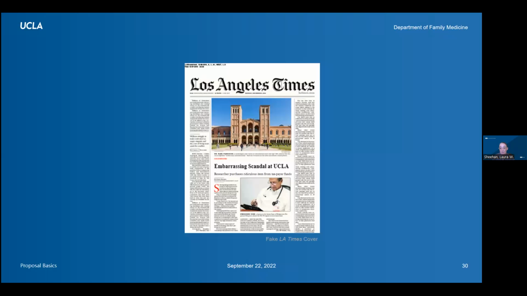Here's my LA Times rule. This is a fake LA Times cover for the record. But when writing your justification, I want you to imagine that it is going to be printed in the newspaper. Your taxpayer money is going to fund fill in the blank. And you do not want to be embarrassed by what has been published. You want somebody at the LA Times who's reading this to say, yeah, that's actually a very reasonable use of my taxpayer money. If there's any question and you think somebody would say, what? They're spending money on what? Don't include it. Don't ask for it.